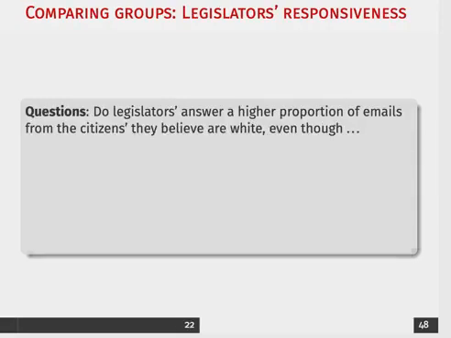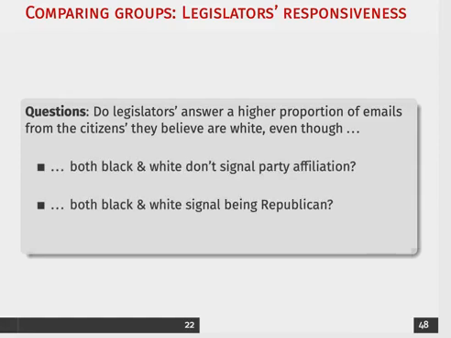This is a pretty common survey, and it's been conducted a number of different times using different types of government services. Now, there are different ways that we can think about setting up our hypothesis test. That's exactly what we're going to be doing, as well as other things like whether or not that respondent is affiliated with a party, whether they're a Republican or a Democrat, that would impact the likelihood that a white constituent would reach out to that politician.